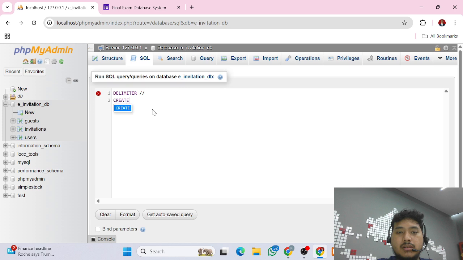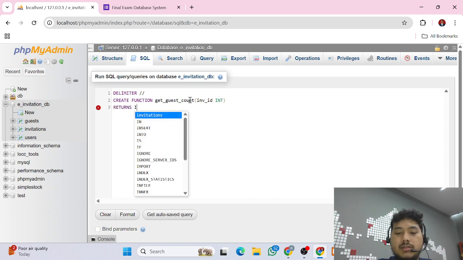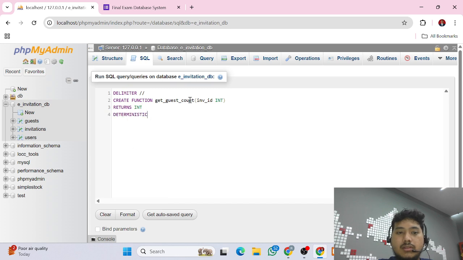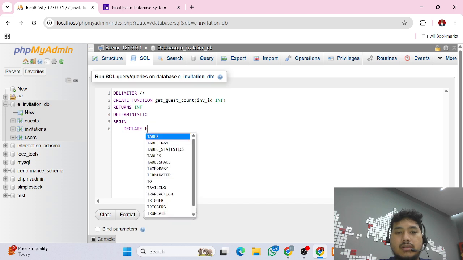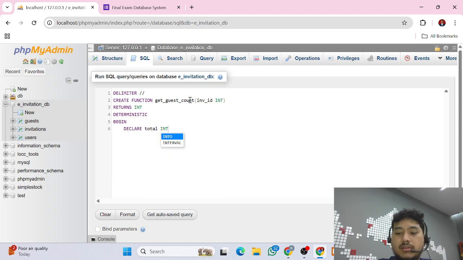Create function get guest count. So we will try to count the guests in an invitation ID, and then returns integer, deterministic, begin, declare total integer.